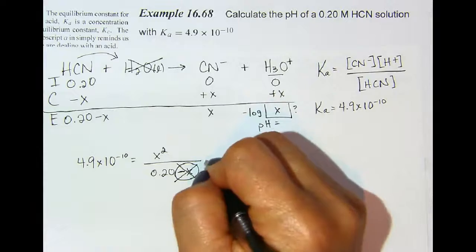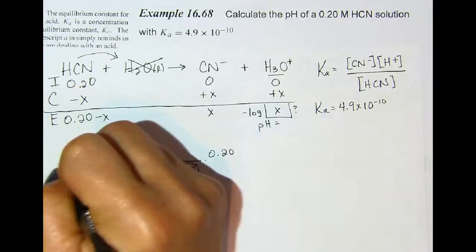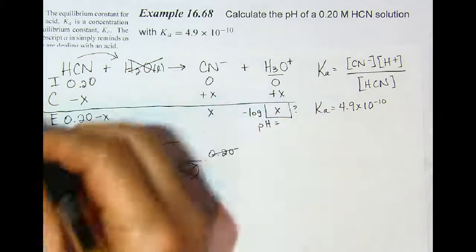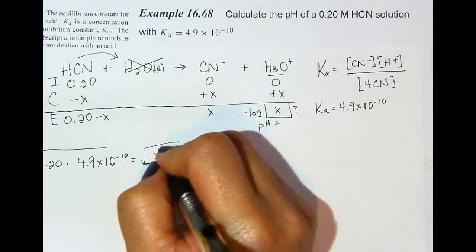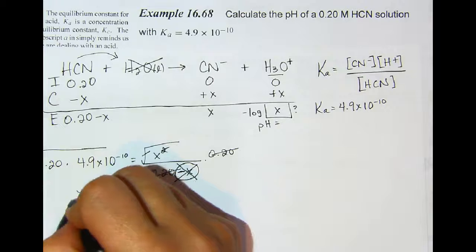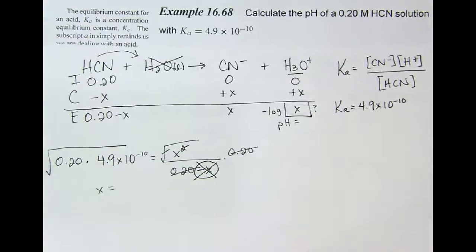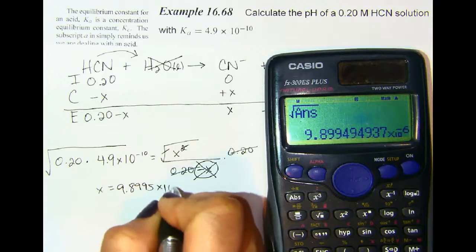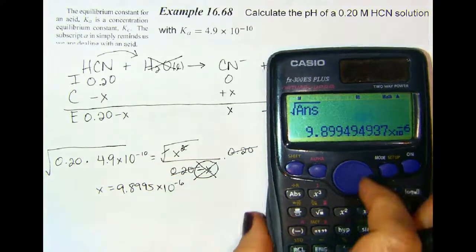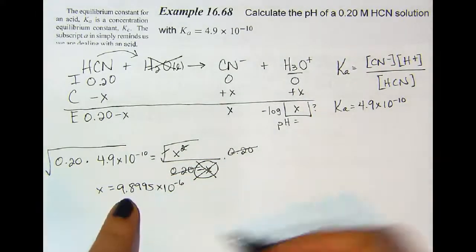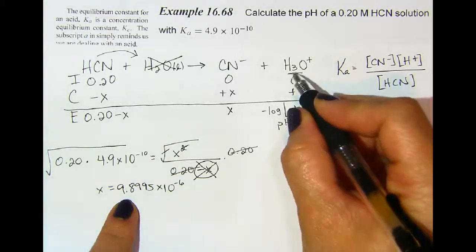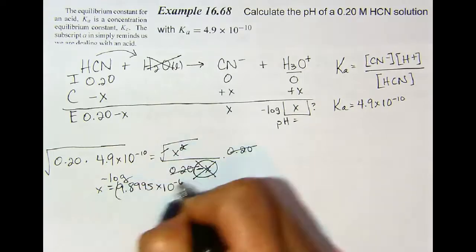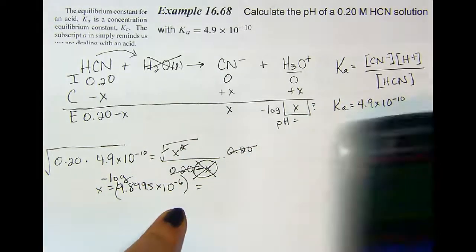So now I'm going to multiply both sides by 0.20, and that'll cancel this, and then I'll take the square root of both sides, and this will take care of that squared. So x is going to equal, let's do this math, 9.8995 times 10 to the negative 6. So now that I know what x is, it just so happens that x is equal to the amount of hydronium that I have produced. So if I take the negative log of x, then I would get the pH, which is